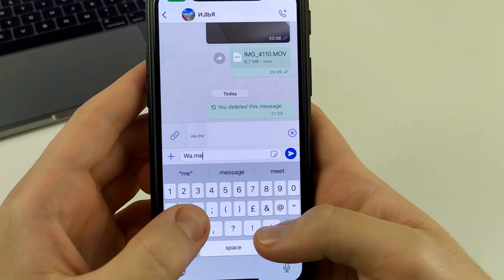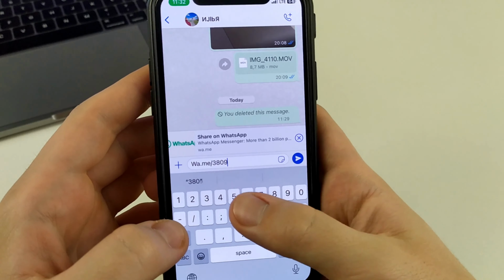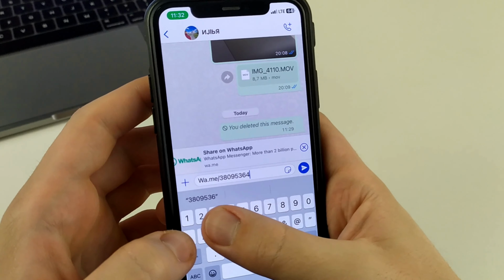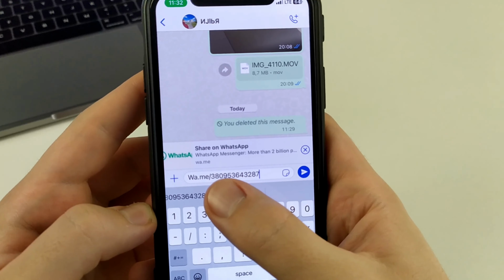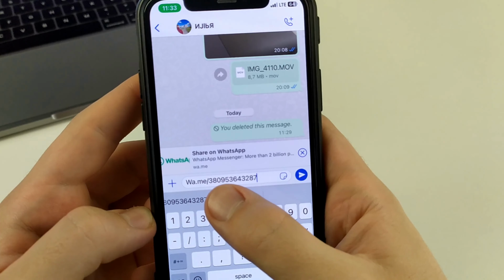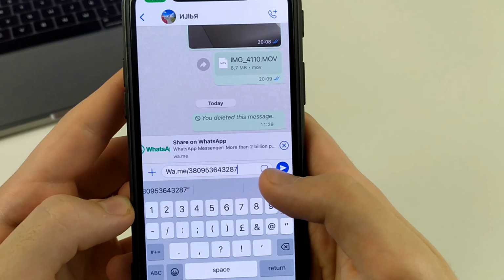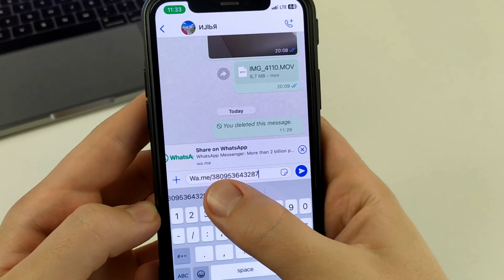Then write me and put a slash. And now we write our phone number, to which your WhatsApp is linked. And after that, we have to write the region of your country, that is your operator code. The first numbers here are, for example, +1 for some, +8 for others, +10, and I'll leave 38 and press send.